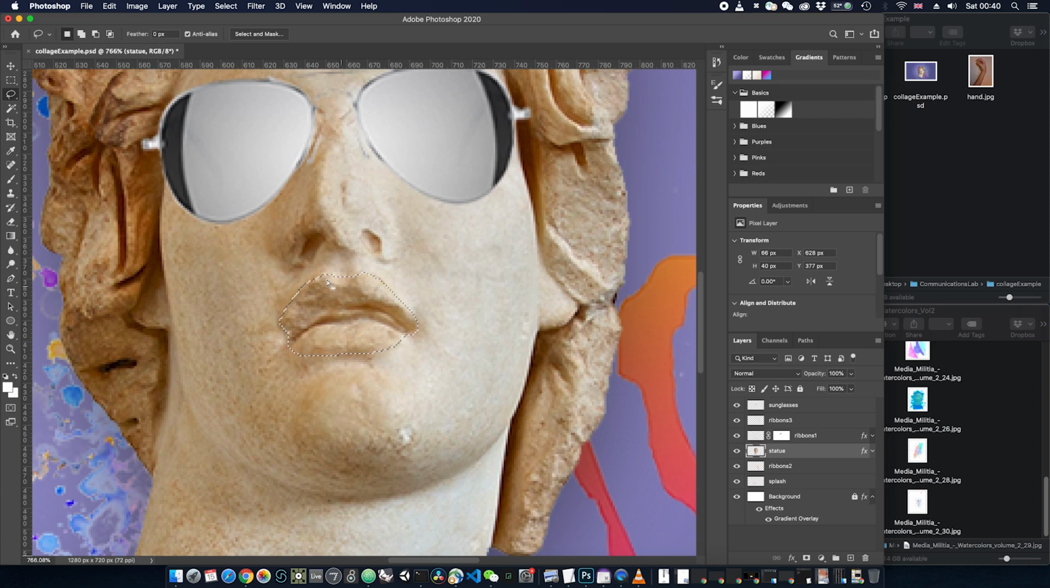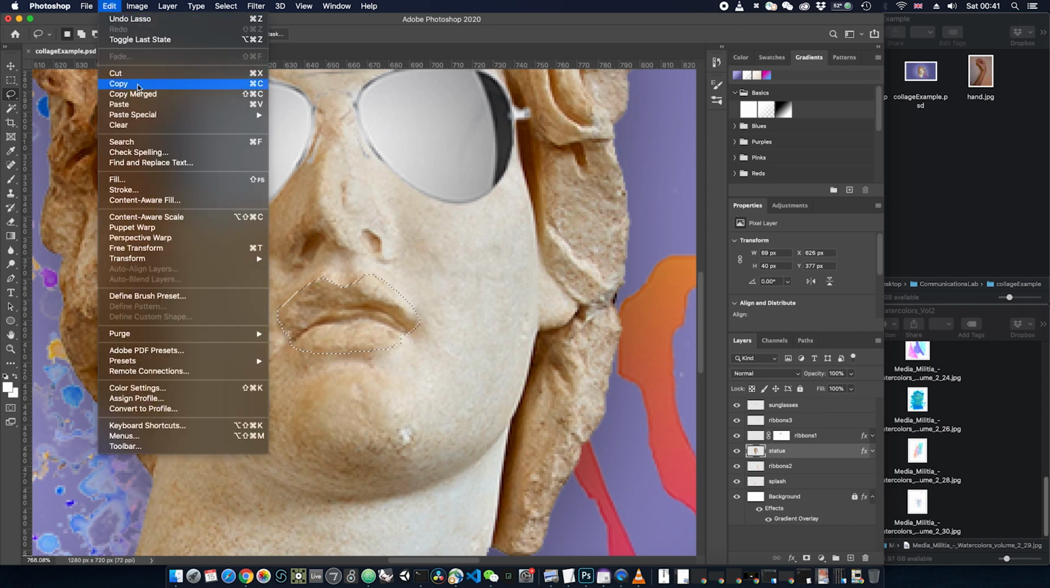I don't like very much this part. It should be a little bit closer. So I will repeat the process to make sure that it's a bit more accurate, and it creates a more interesting outcome. Right, this is quite good. Now I will press Command C, copy, edit, copy,